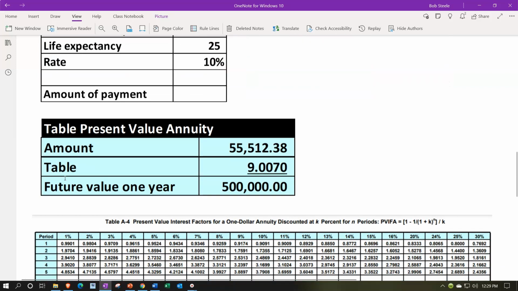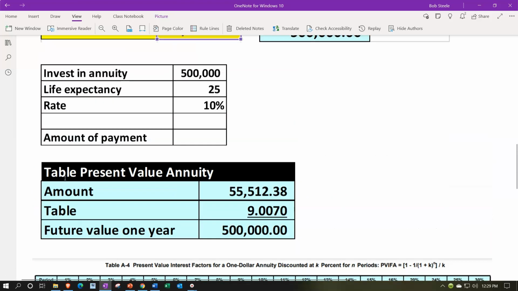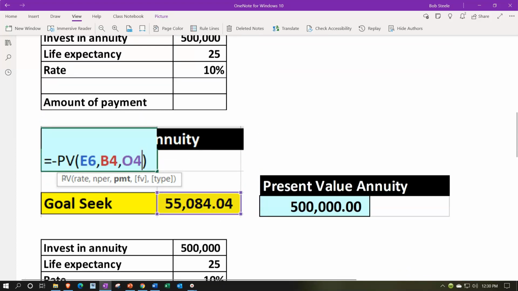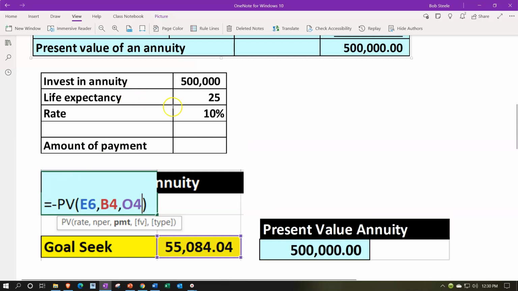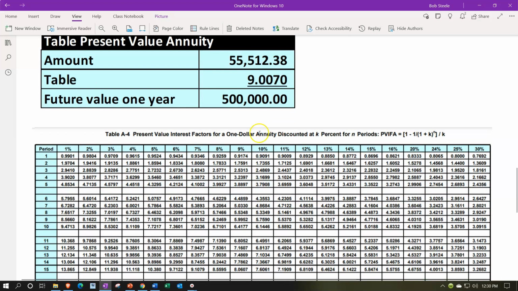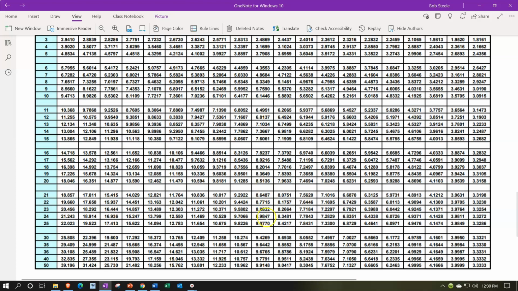You can also do this with the tables. This is something that you might not see in practice as much, but it's something that you could see in a book problem quite possibly. So what we know is the rate, we know the years, and we know the end result. In other words, I have what I need to find the table. So 25 and 10%. So we look for 10 and 25 down here. We get the